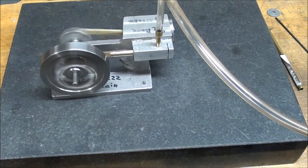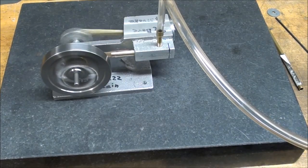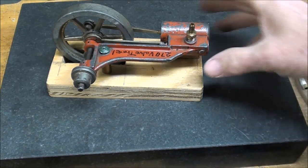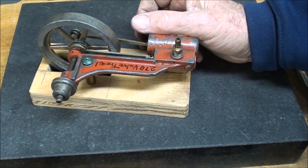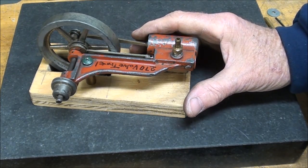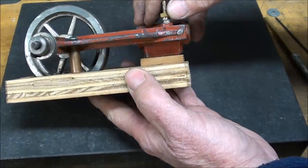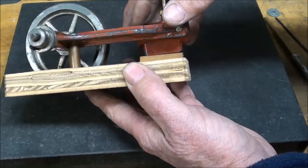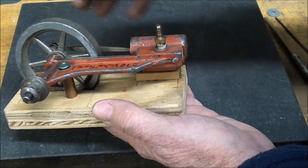Now let me show you what it is that inspired me to do this reversing mechanism, although it's not much of a mechanism. I've shown this little engine many times in my videos, and my brother gave it to me, and it came from a flea market. I believe it to be a Wagon engine. And originally I am deducing that this was mounted directly on a boiler. This was a boy's toy. Directly onto a boiler, but that was long gone, so I just have the engine itself, and I mounted it